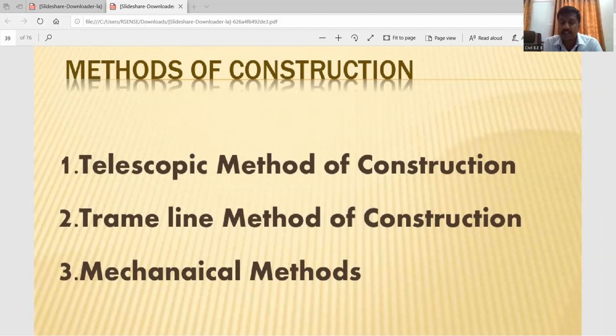Before starting with the session, let me remind you, from 4th of May, you are going to appear for the re-ISA examination for the subjects which you feel you have to give the re-ISA. The re-ISA examination is totally in offline mode, like our ISC 1. I expect those students who want to give the re-ISA to come and give it. If you haven't given ISC 1 due to some problems, now it is a chance for you to reappear for the re-ISA examination. It will start from 4th of May. Everyone please take note.